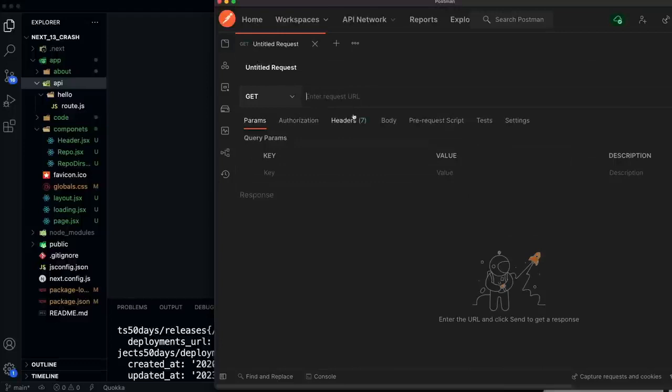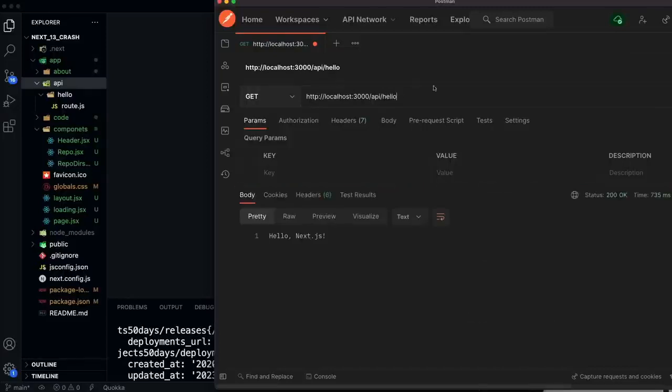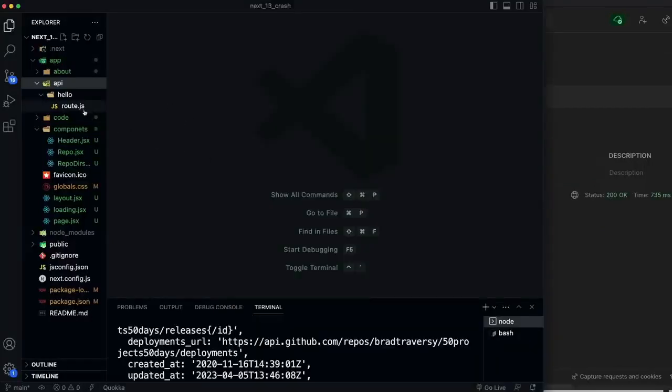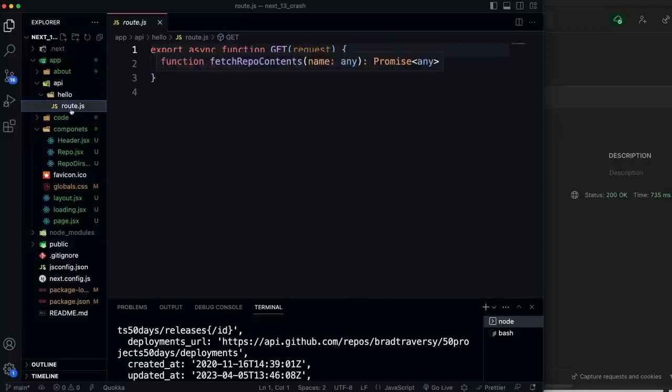All right, so I want to make a request to http://localhost:3000/api/hello. And you'll see I get "Hello Next.js" with a 200 response. And the way that we structure this is similar to with our pages. The name of the route is going to be the folder, and then the actual code goes in a route.js